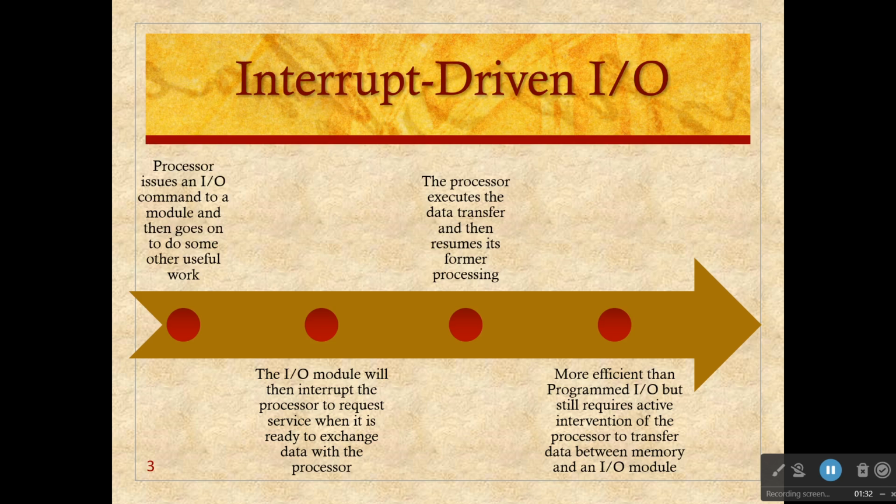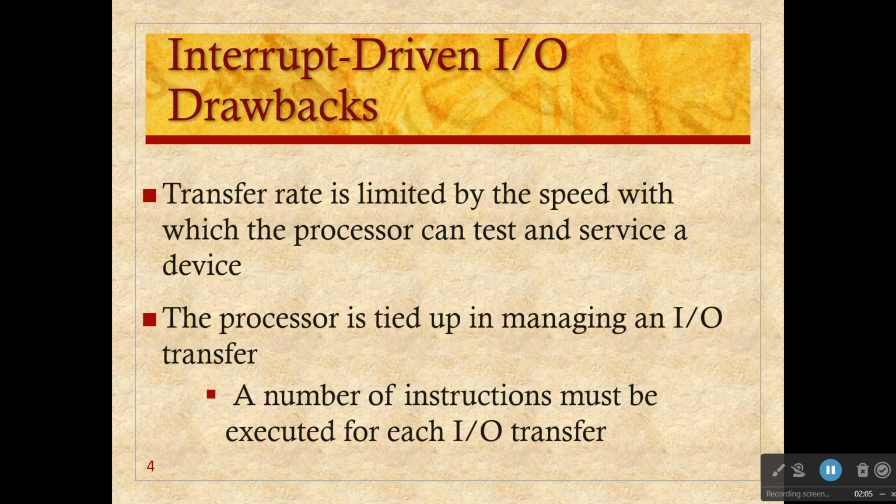An alternative, known as interrupt-driven I/O, is for the processor to issue an I/O command to a module and then go on to do some useful work. The I/O module will then interrupt the processor to request service when it's ready to exchange data with the processor. The processor then executes the data transfer as before and then resumes its former processing. Interrupt-driven I/O,